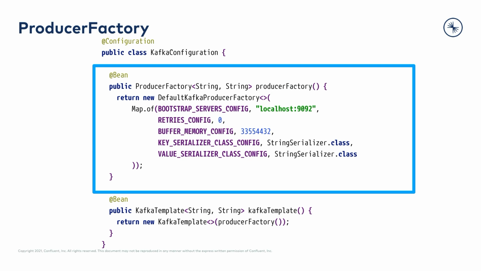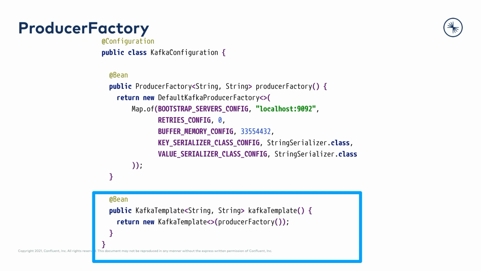Once you have this bean with the type of producer factory, this bean can be used to create a Kafka template. So that's pretty much it. That's what you need to do in your application. Provide a configuration for your application, create a default producer factory or just whatever producer factory. Producer factory is an interface, and the default producer factory is an implementation of this interface. And after that, we're going to use this to create the Kafka template.